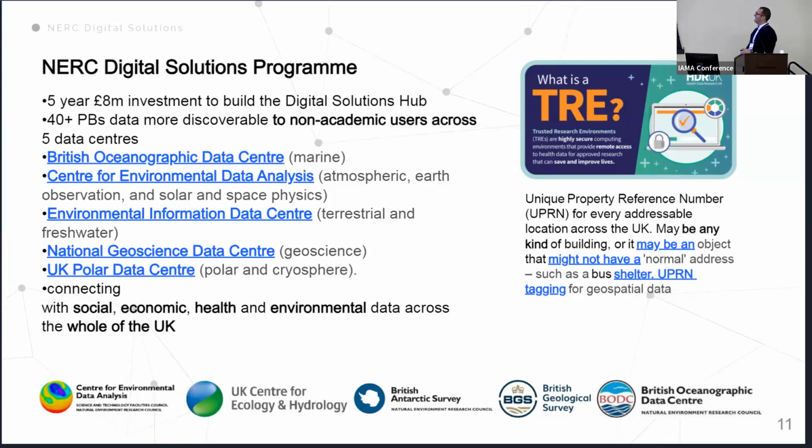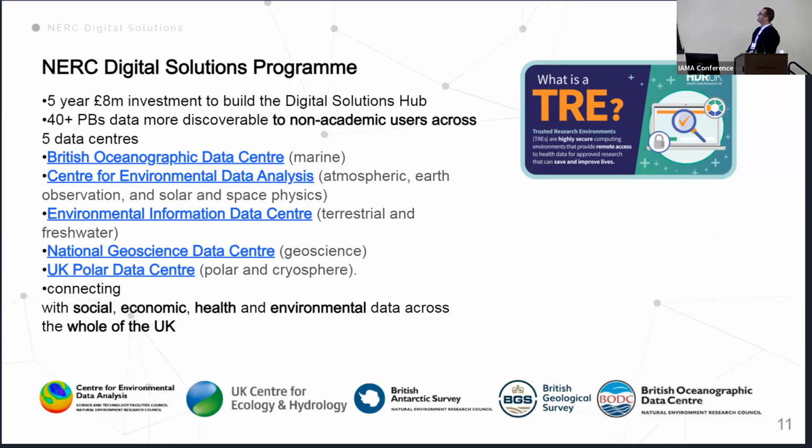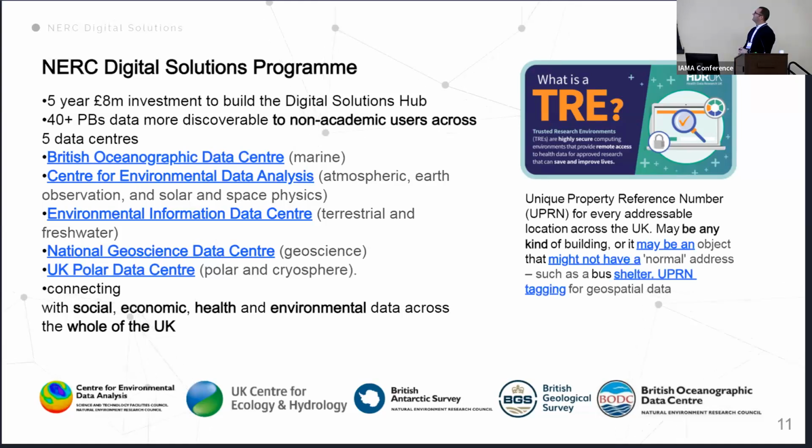Okay, so we now have national health organizations who want to start better accessing measurement and model data products so they can understand health outcomes. But clinical and health data cannot move from where it's sat. It typically sits in a trusted research environment. And this is a federated landscape in the UK, so data has to go the other way. You have to send your environmental and model data into a TRE. So at the moment, we're developing a way to do that. There's something called UPRNs in the UK. So you imagine that even if you have a geospatial output, a block of flats would have the same postcode, but every flat door would have a UPRN.